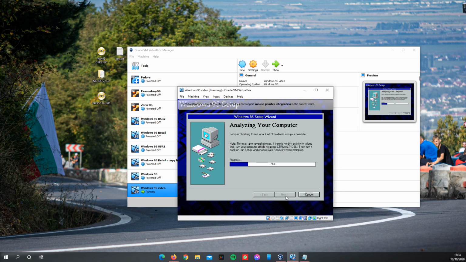And now it's going to start installing. Now at this point, if I remember correctly, it's going to start asking for disk number 2, 3, and other succeeding disks. It's going to actually ask you to change disks. So this is why we're doing it this way. We're doing it by copying everything to the C drive. Even if you do it with the floppy drives, I do recommend you to copy their content, all of them,